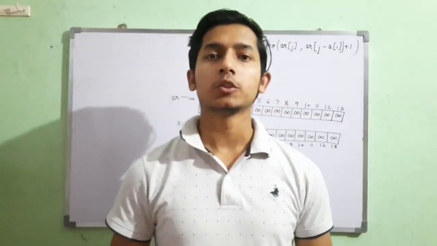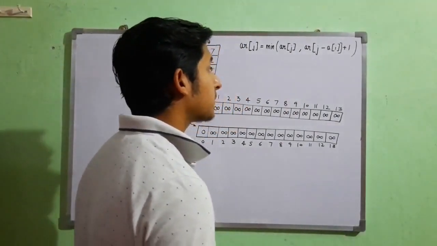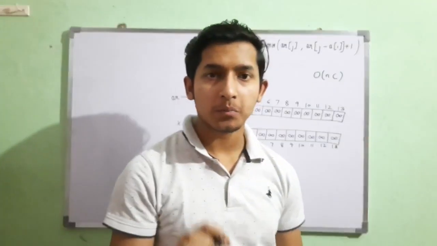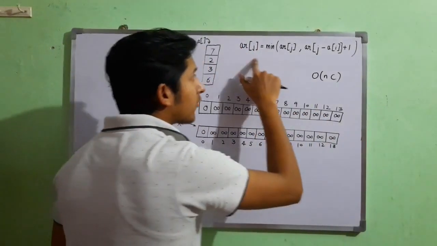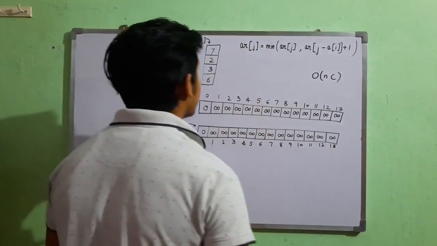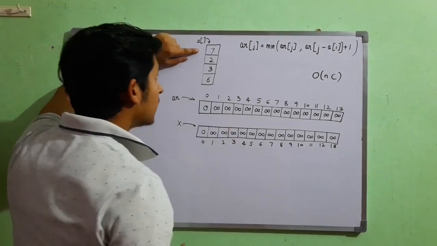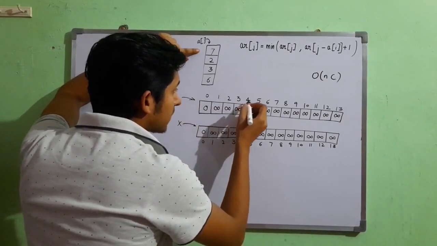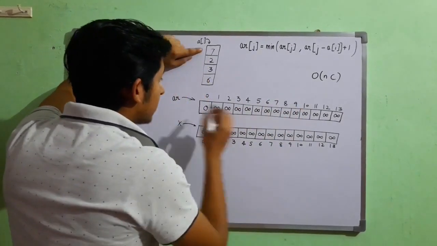So guys, as we know, we just solved the problem with a 2-dimensional matrix and having a space complexity of order NC. Now I'll solve the same problem with less space complexity and the same method. See how? We will update our formula this way by removing the element of row, that means I. So now I'll start from here, and now the same way. So 0 is smaller than 7, no update. 1 is smaller, no update. Smaller, smaller, smaller, smaller, smaller, greater than or equal to. So infinite or 7 minus 7, this plus 1.